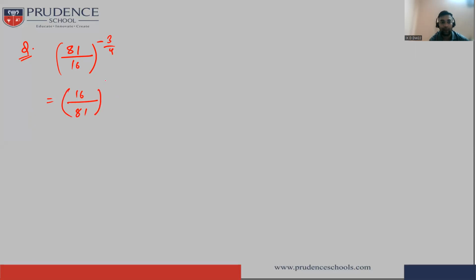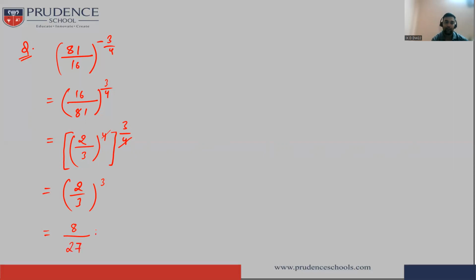So it will be 16 upon 81 raised to power 3 by 4. And we can write 16 upon 81 as 2 upon 3 whole raised to power 4, as 16 is 2 raised to power 4 and 81 is 3 raised to power 4, and whole raised to power 3 upon 4. Now the powers will get multiplied with each other, so you will get 2 upon 3 whole raised to power 3, and that will be equal to 2 raised to power 3 is 8 and 3 raised to power 3 is 27. So this will be the answer,